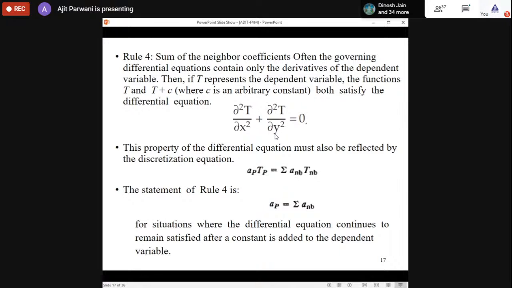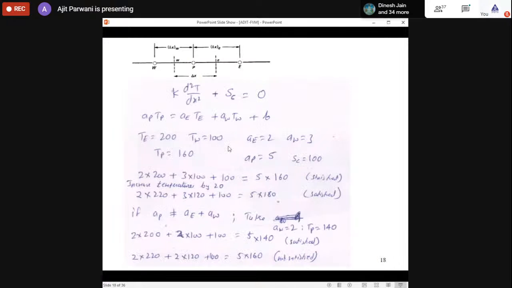This can be understood by one example. You will see this is the example which I have written over here. Suppose this is the problem of one-dimensional heat conduction with the source term. This is the partial derivative form of the equation, and this is the equivalent discretized equation, or the numerical form of the equation. So both the equations are the same. If both the equations are the same, it means that whatever features this has, the same features should be satisfied by this equation.